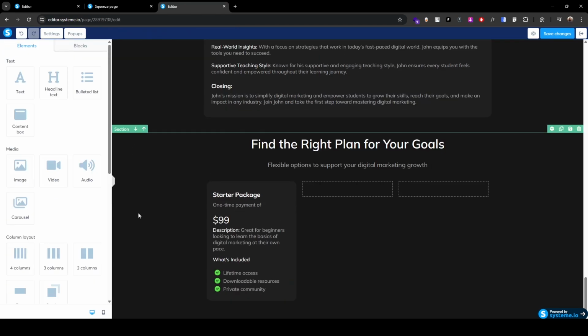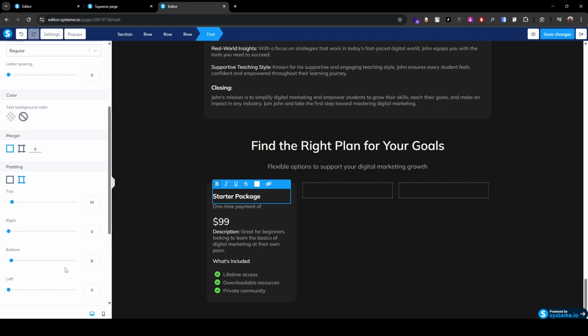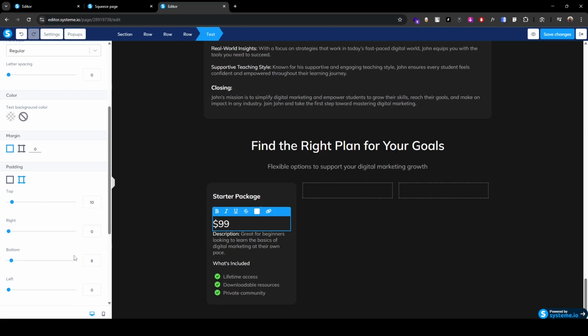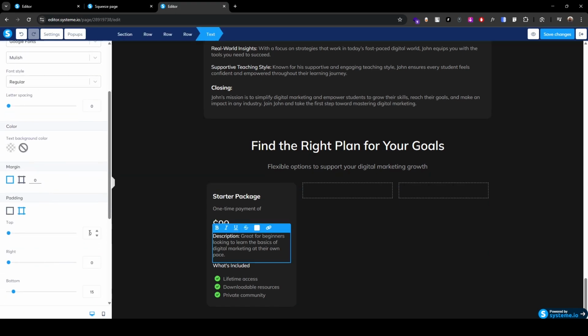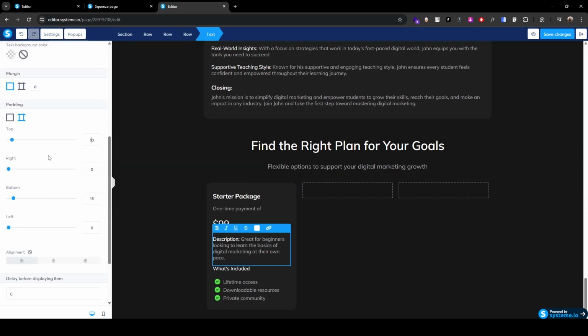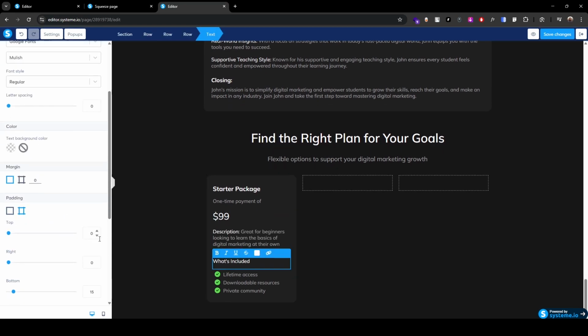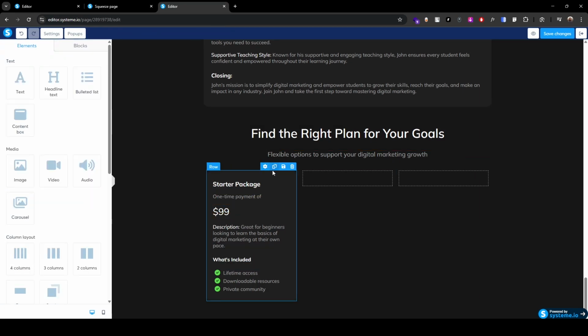Now let's add some spacing here, I guess 15 on the bottom. Also 15 on the bottom here. Add 10 here on the top. Also 10 here. Let's make it bold by pressing Ctrl B or Command B here. Now let's copy it 2 more times